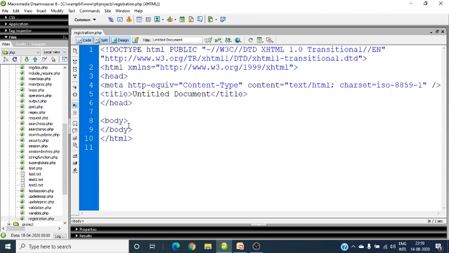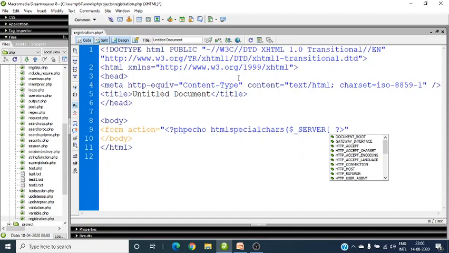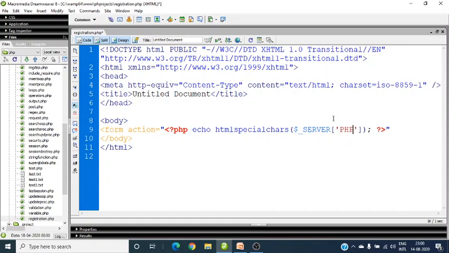This page will have a form, action is equal to echo htmlspecialchars($_SERVER['PHP_SELF']), method is post. Now within this we will make a table,